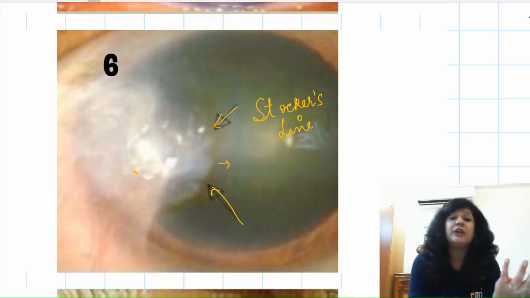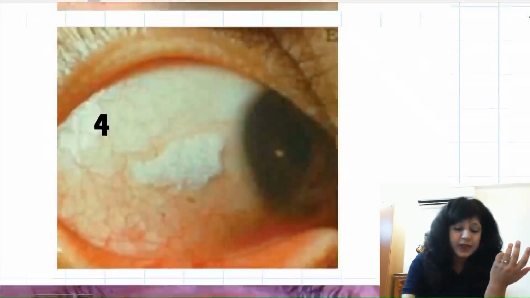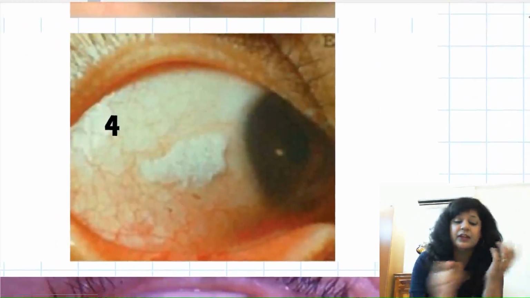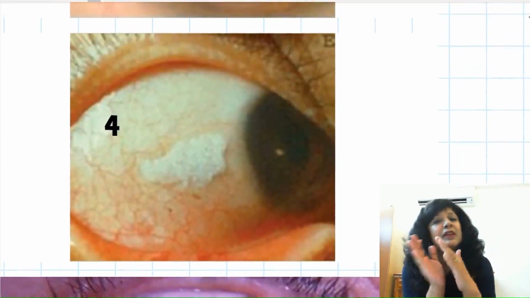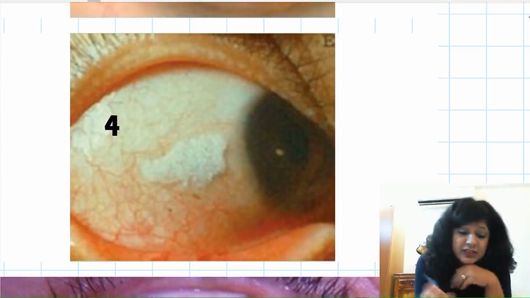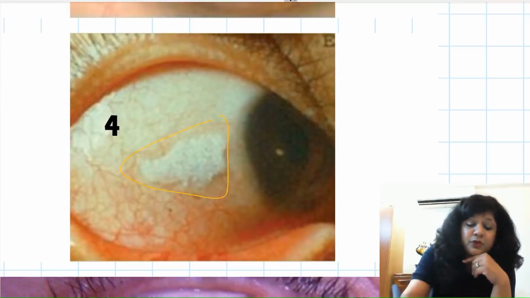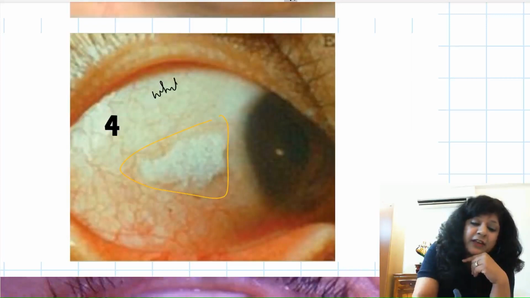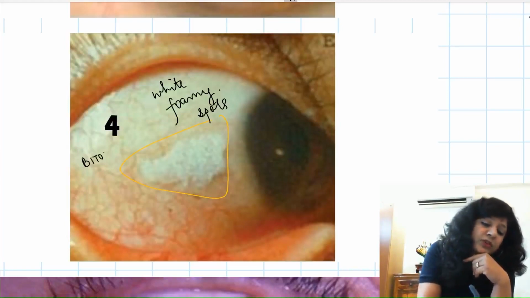Amniotic grafting is again a very good method. Then at the same time, look here, this also may at times confuse you with the pterygium, with the pinguecula. See this, can you see here, this is also triangular, but this is white foamy. If you see the color, these are the white foamy spots. These white foamy spots that you can see are actually the Bitot spots. Bitot spots are the specific sign that you get in vitamin A deficiency.